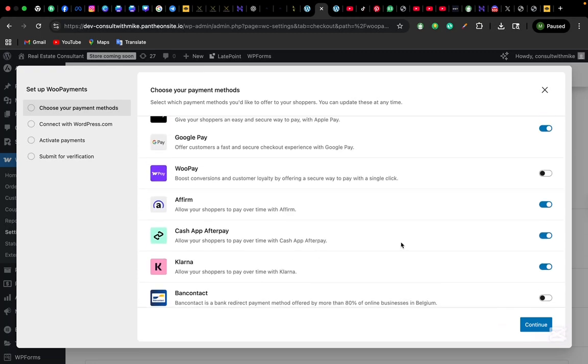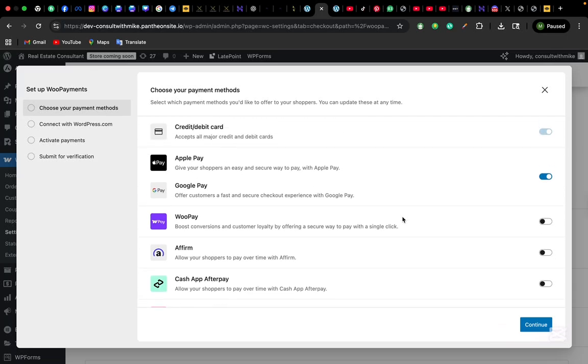Depending on the country where you are selling the product, for example, if you are selling in Nigeria, most of these options don't work in Nigeria. Cash App doesn't work in Nigeria. Most of it doesn't work in Nigeria. So the main thing you should focus on is just the credit and debit card. Once you are done, you click on continue,